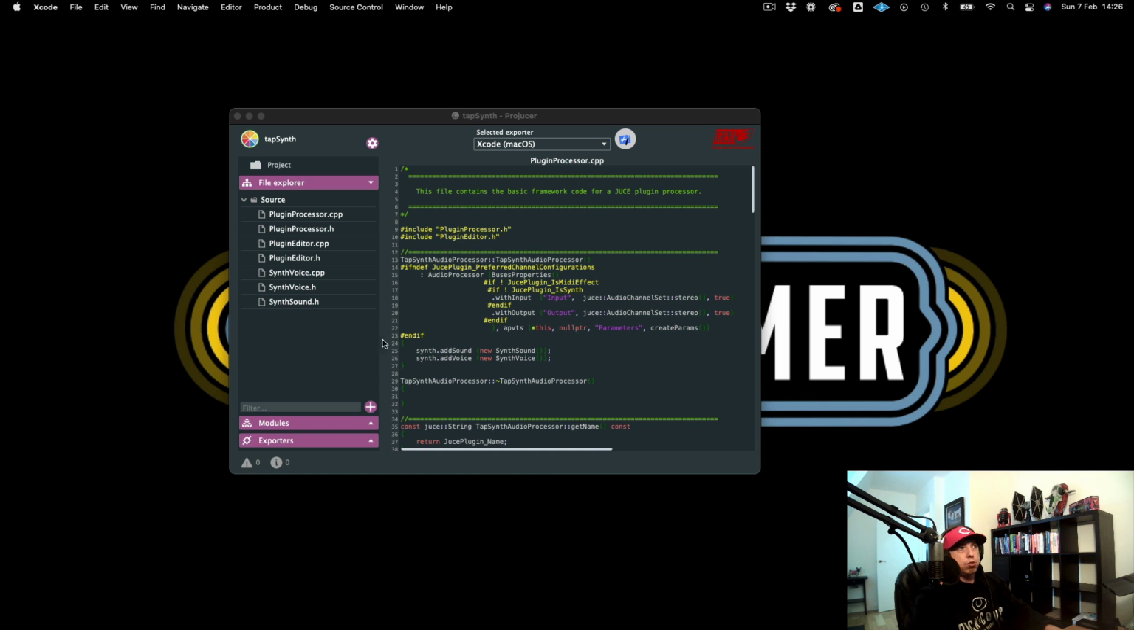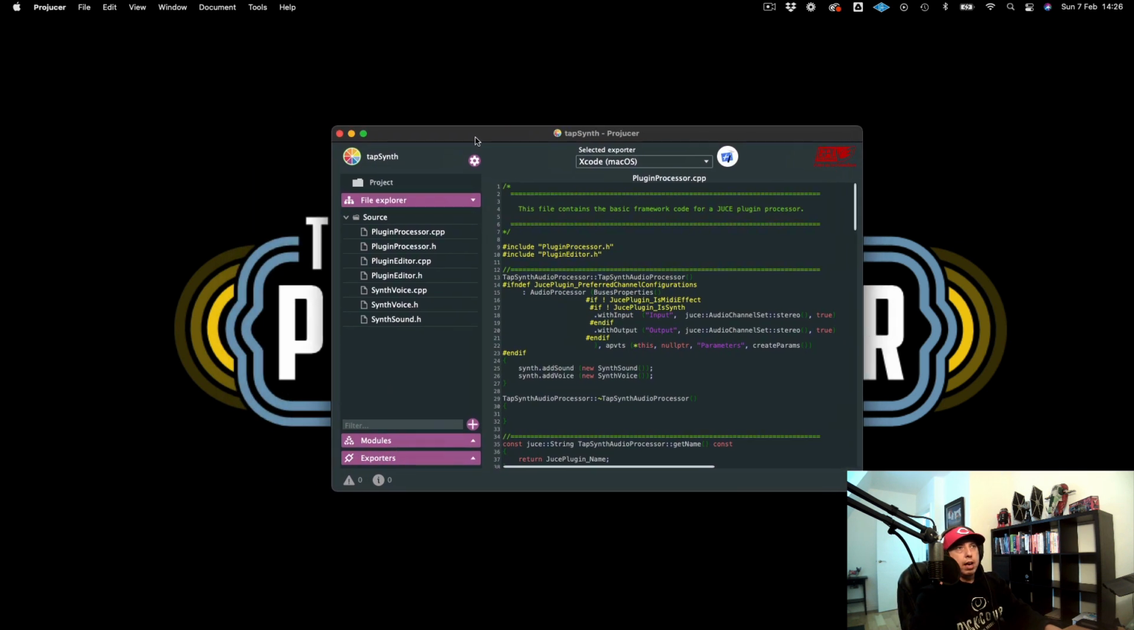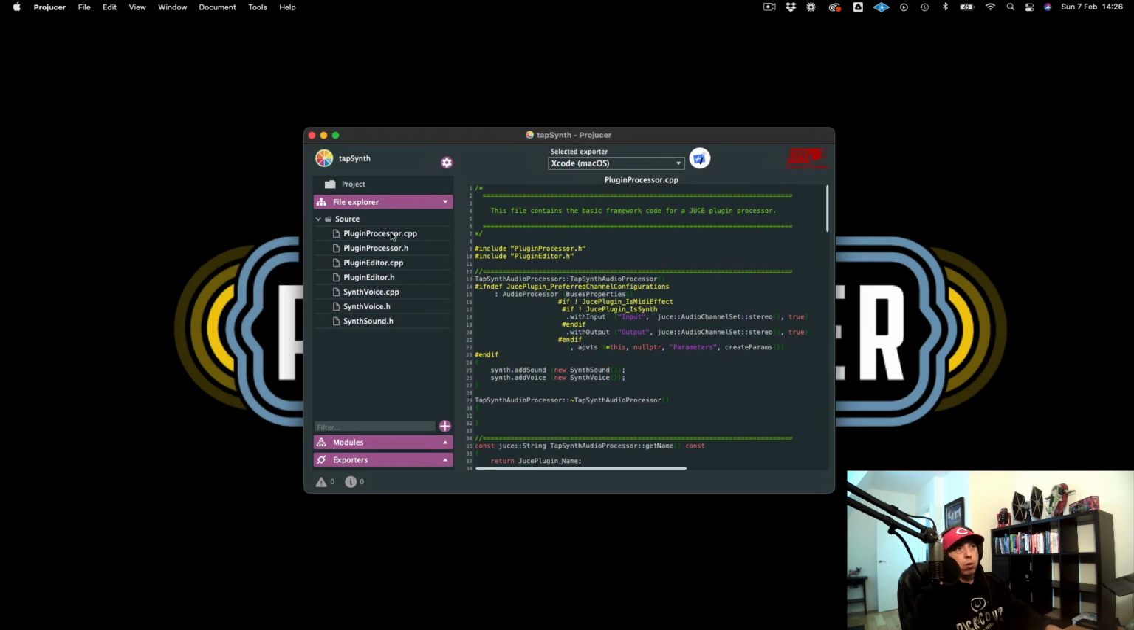And I'm going to go back to the producer, and this is where we're going to start. So if you've seen any of the past tutorials where I talk about plugin architecture, we have this plugin processor, which is kind of the data side of our plugin, where all of the hard number crunching happens. Then we have the plugin editor, which is what the user sees. So all the visual components that the user can use to control those parameters